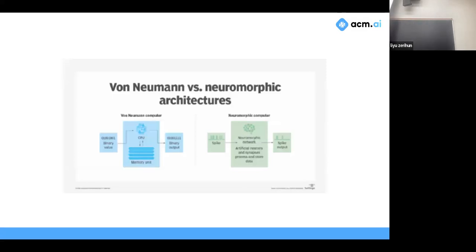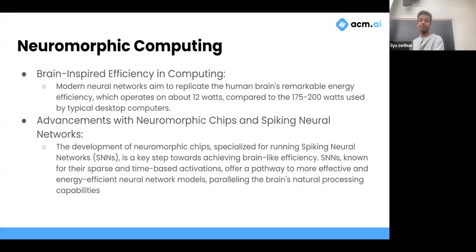This is the von Neumann architecture. You have your CPU, you have your storage, and you have your RAM. You can use it that way. Well, here information is stored in terms of spikes, and rather than dealing with normal neural networks, for neuromorphic computing you deal with spiking neural networks, which have again a totally different paradigm, and they're super, super cool. I'd encourage you guys to look into it.